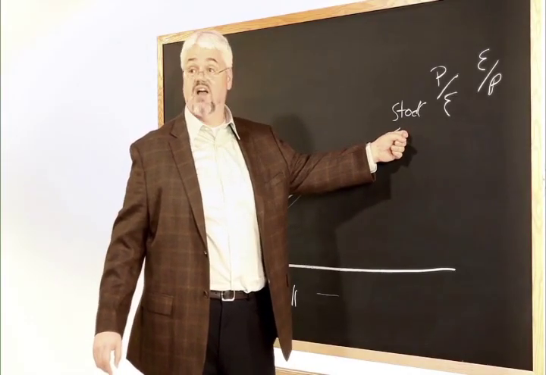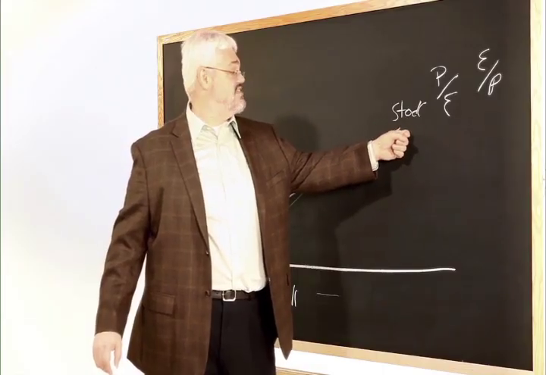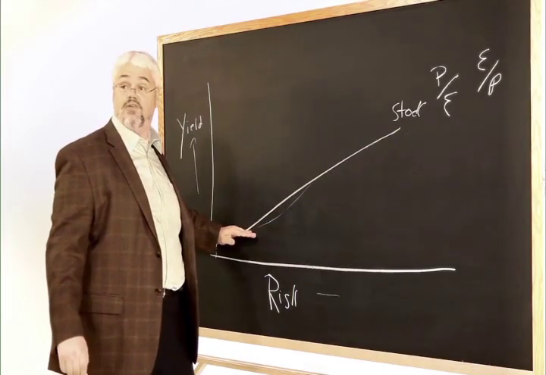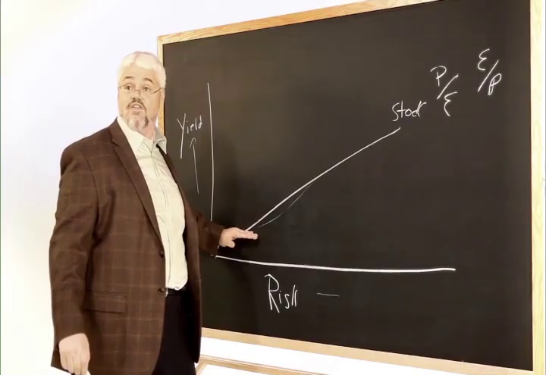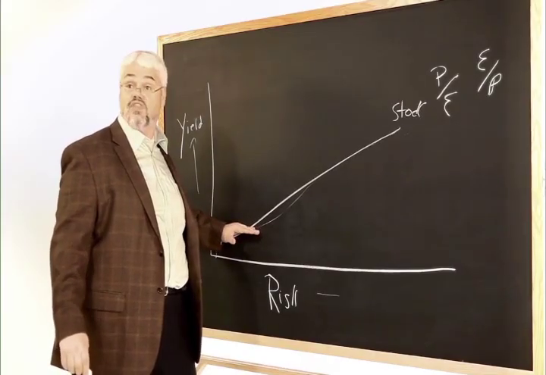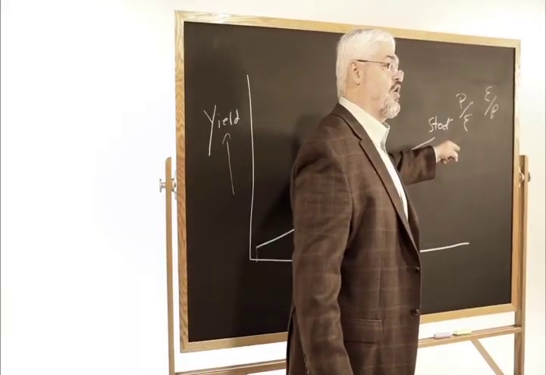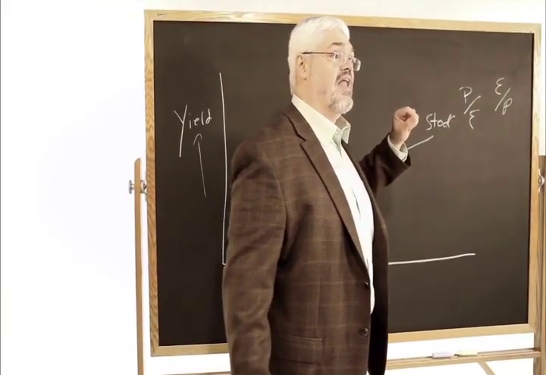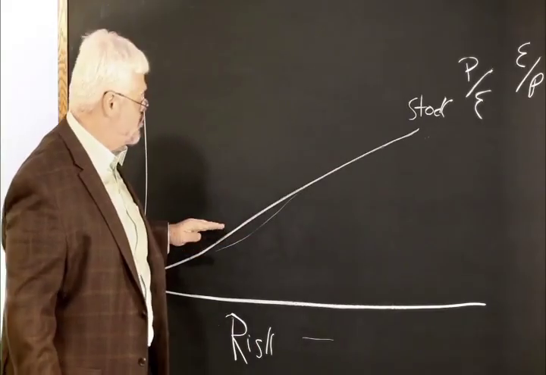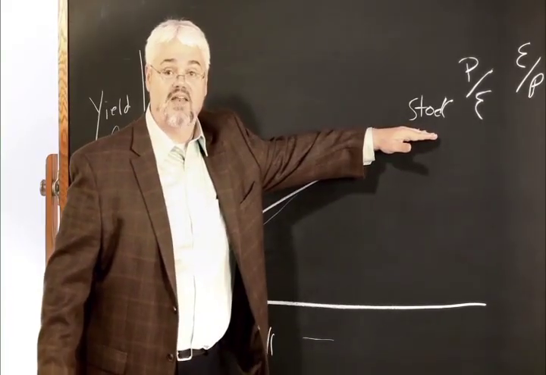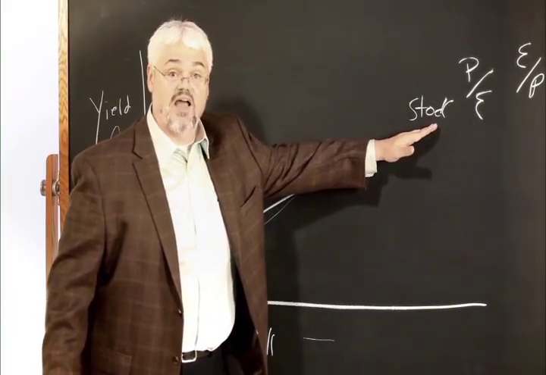The difference between stocks and bonds is that the promise is not a promise of a fixed amount. You're not locking in your fixed amount. You're not saying, you know what, I'm going to take the sure thing. You're saying, I'll bet on you. I think you're going to do better in the future than currently. And so I'm going to bet that there's a lot of economic growth in your future. So the sure thing versus more of a bet. And that's why stock yields tend to be higher than bond yields.